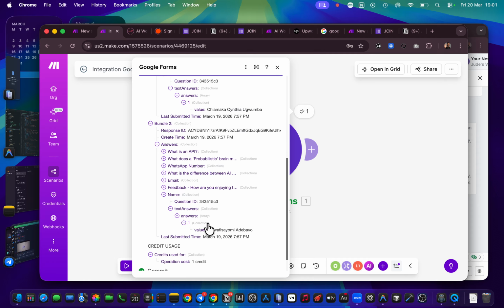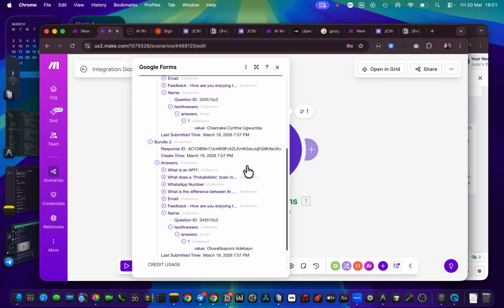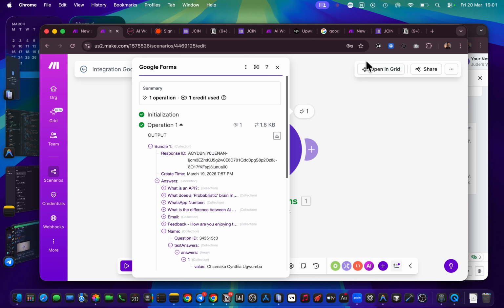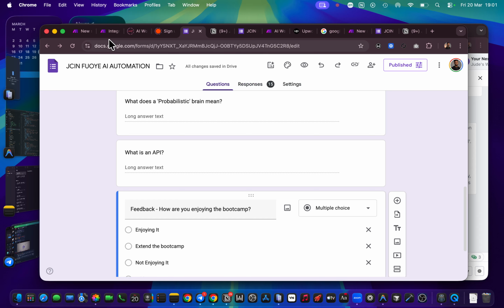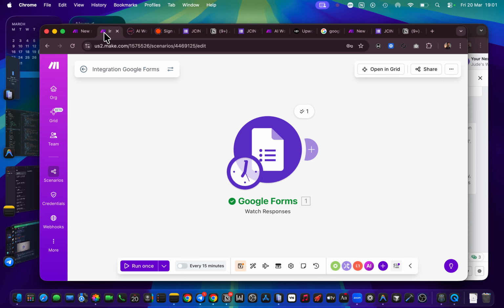Let's see. Yes, you can see this. This was our second person that added their details to that particular form yesterday. So we are starting from all, so you can see everything. We've gotten our form answers in. We've exhausted 2 from 15 already. We have 13 left, and we can continue to use it through the class.